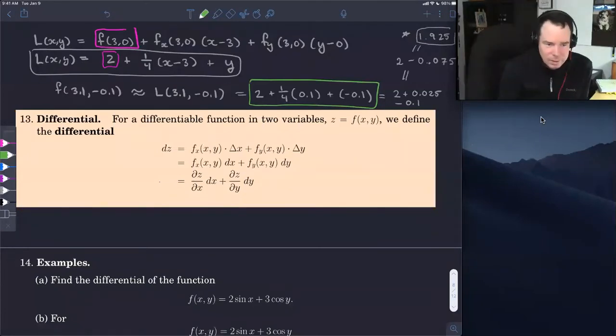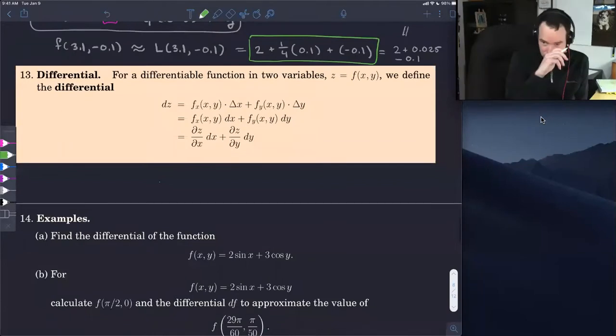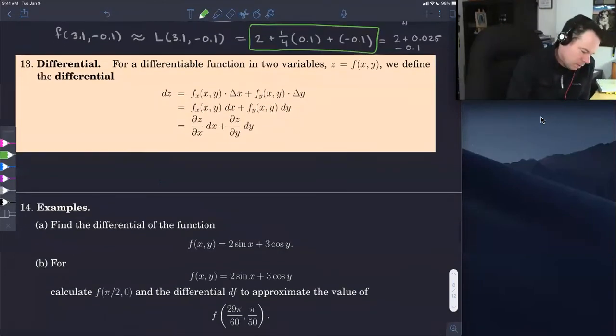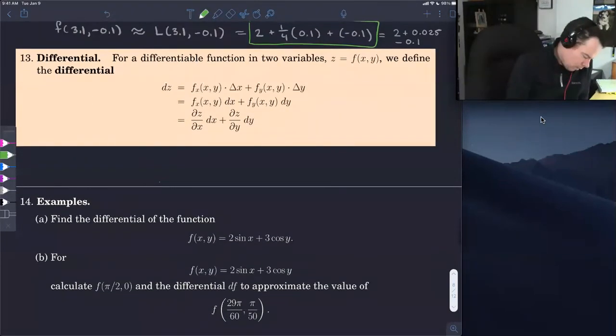Yep, you can leave it like that. Exactly, you can leave it like that, especially on exams. If you're asked to find the linearization, boom, just leave it like that. Don't bother going ahead and doing the more tedious arithmetic calculations, especially on an exam. Okay, so let's